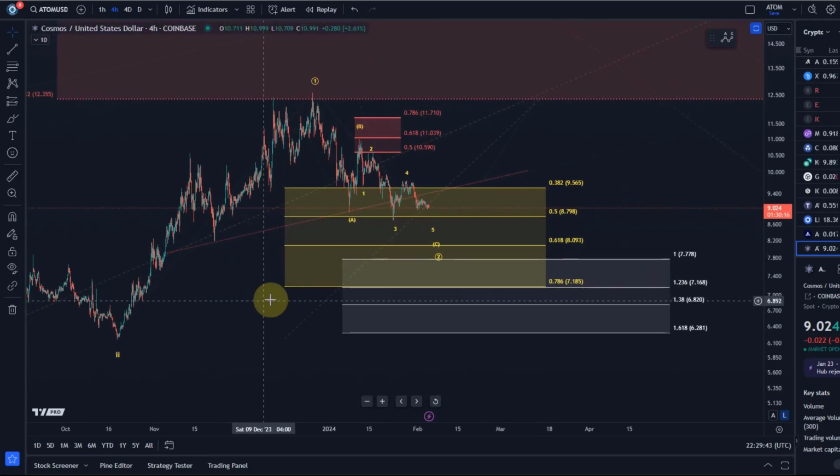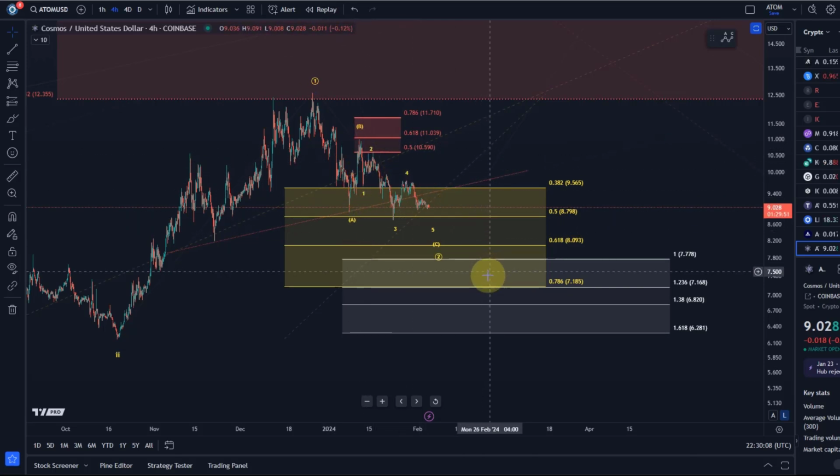Yeah, and the next Fibonacci support is at $8.10. The yellow box is basically standard Fibonacci support for a wave 2. So technically, it could use the entire box, which goes down to $7.18. Below $7.18, I do not trust this 1-2 setup anymore. However, the thing is, because the A wave was so long, and the B wave was, well, normal, but the C wave, the target,